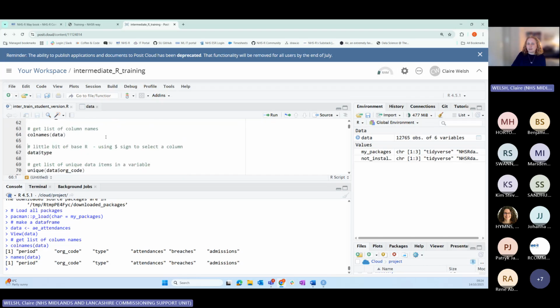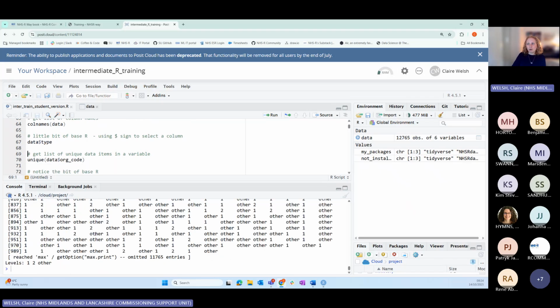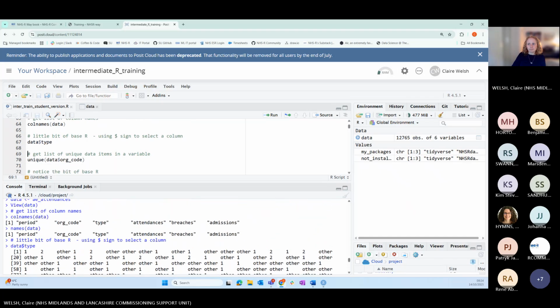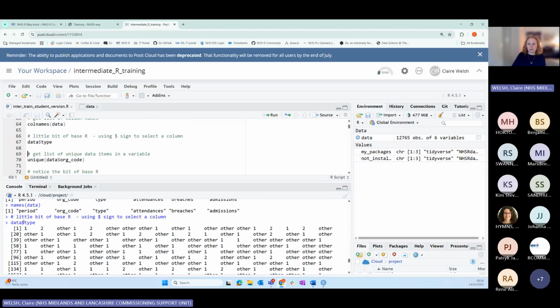Then it's a little bit of base R. Some of you in the room may be as old as me and learned how to do base R before the tidyverse came along. The dollar syntax is a way to access a component of an object. Because RStudio knows that data is a data frame, it has components that are the column names. So data dollar type, if we just run that, gives us the whole column that is the data type column. So it's a vector of information using the dollar. That's a syntax where you want to obtain a component of the